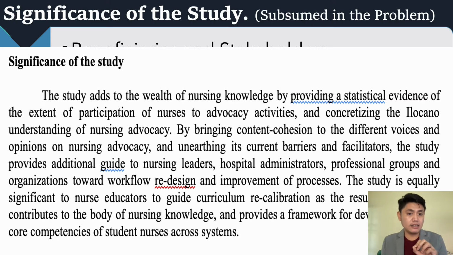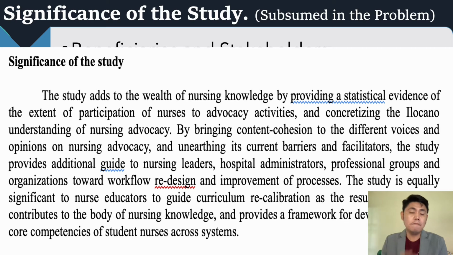Aside from that, the statement also says, by bringing content cohesion to the different voices and opinions on this topic and unearthing or discovering its current barriers and facilitators, this study should also provide guidance to nursing leaders, hospital administrators, professional group organizations, towards workflow redesign and improvement of processes. As you can see, this study will also guide the policy makers and decision makers and even academicians in their decisions. The study will also be equally important to nurse educators to guide curriculum recalibration and for future nurse